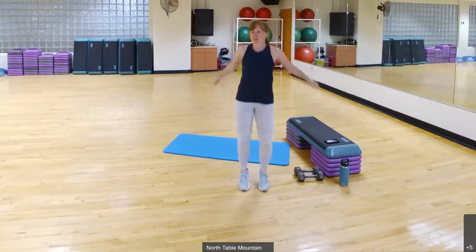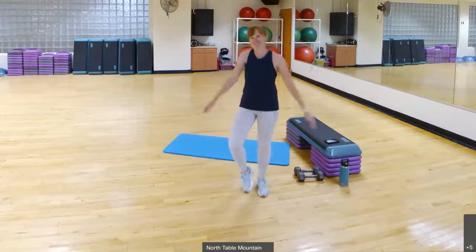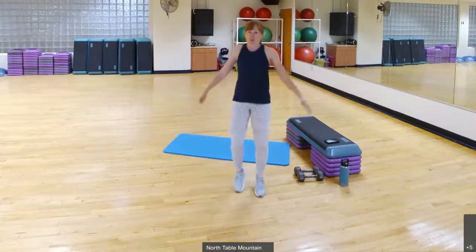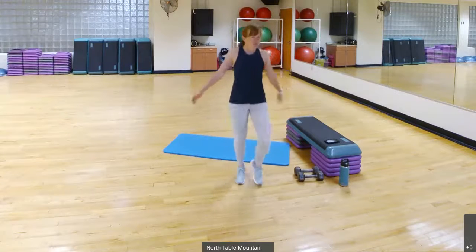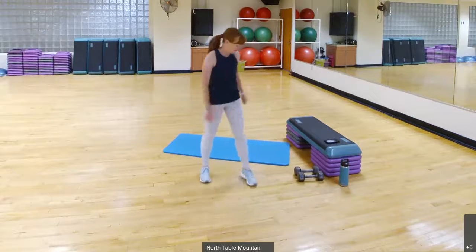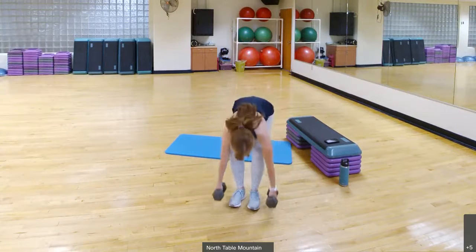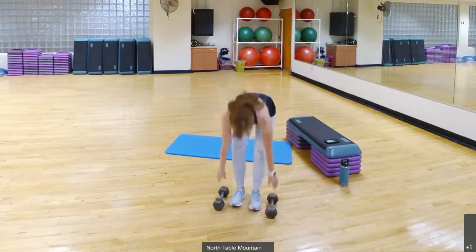So I told you we were going to use some dumbbells, but we were not going to be lifting them for several of the moves. We're going to be setting them up on the floor as kind of an obstacle, if you will, to help us with some agility training this morning. So for example, our first move. I'm going to come and I'm going to bring my weights and put them on the outside of my feet,